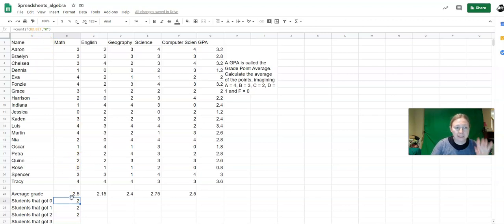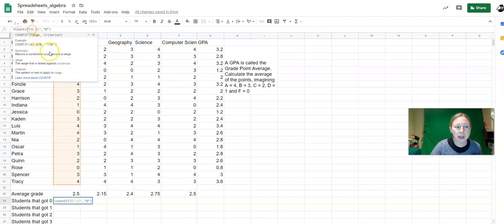This isn't what I want. In every case, I want it to still have the same range of cells. I don't want that to change every time I drag the formula down. So I'm going to get rid of these and modify my formula a bit. Since I want the B2 through B21 to stay the same, or at least the 2 through 21 part to stay the same, I'm going to put a $ sign in front of the numbers. So $2,